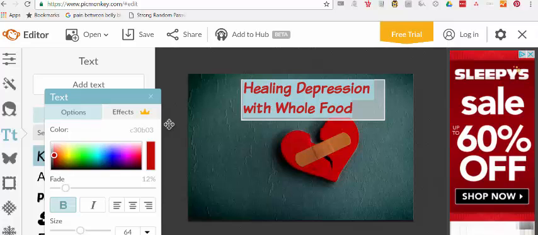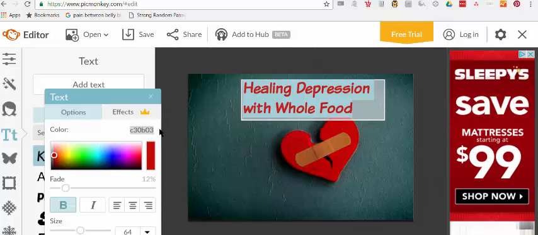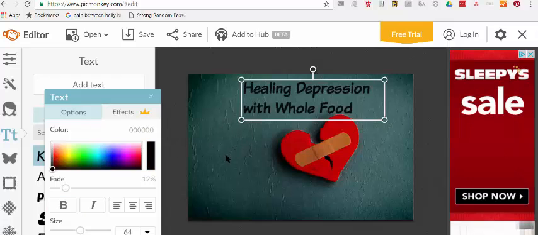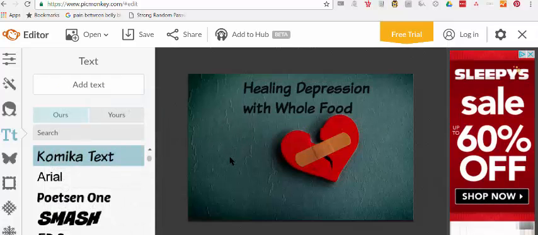But the good news is you know what to do if you ever decide to change the color. All right, so there we go. Healing depression with whole foods. So now we have